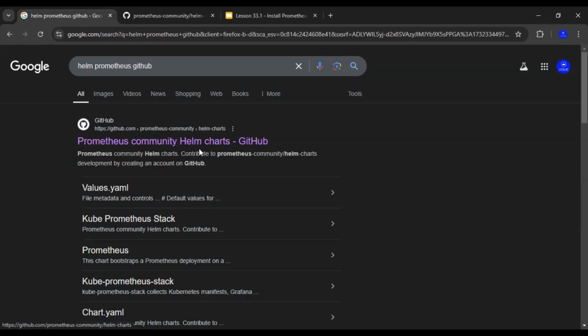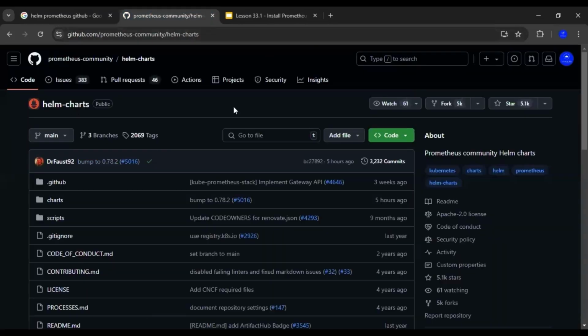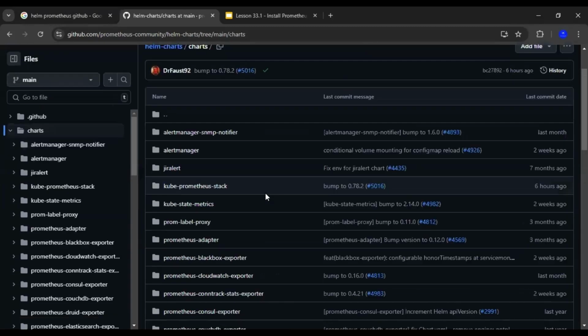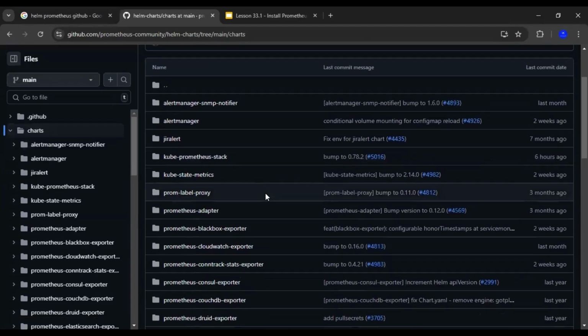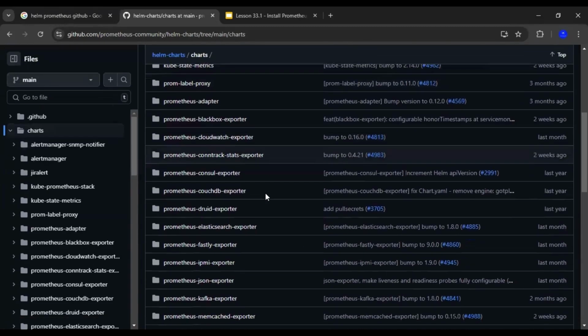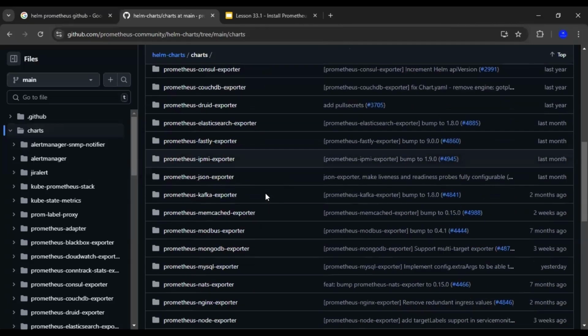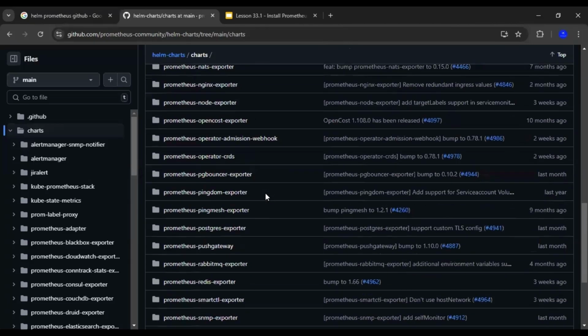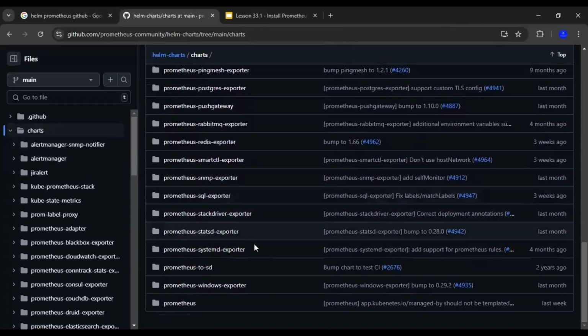So the Prometheus community built this Helm chart, and the very first link goes to this GitHub repository for the Helm chart, where it is actually going to install Prometheus. Now, if you go to these charts, you will see different elements can be installed through Helm charts. So we are interested in Prometheus. So just look for Prometheus, and there,